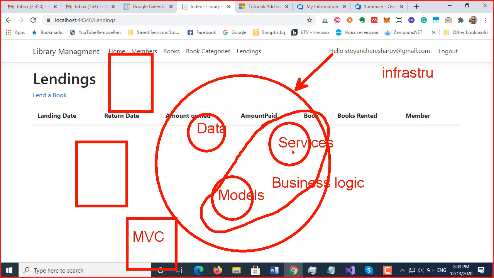Now, where is the proper place to calculate the amount owned and all this kind of stuff? It might be service or inside the model. On the first glance, it is services. That's true. But I'm offering right now a cheat. If we calculate everything in services and the business logic is concentrated here, then what we gotta do is create a view model, because the model which we transfer to the view